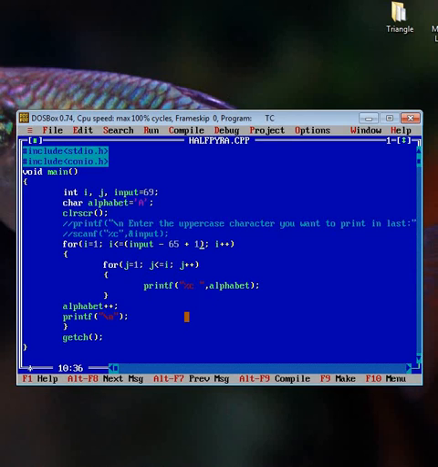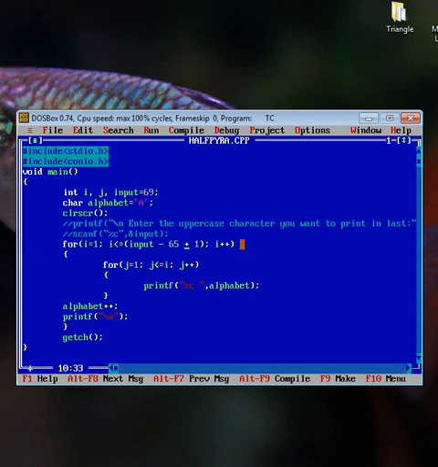So you can now understand the reason why we have to write plus 1 here. 69 minus 65, that is 4, and plus 1. So 69 minus 65 plus 1.